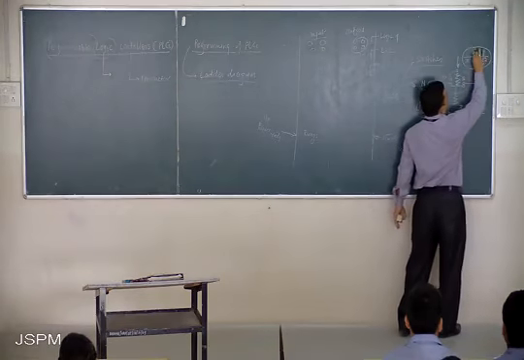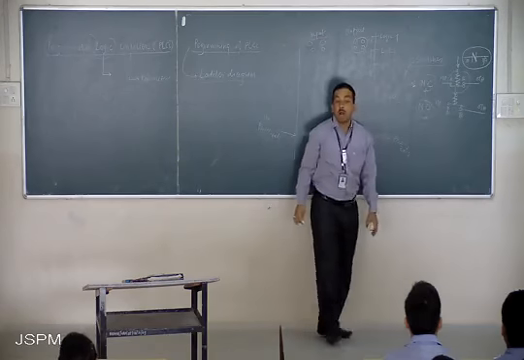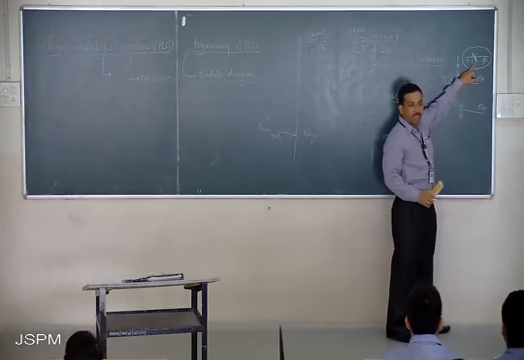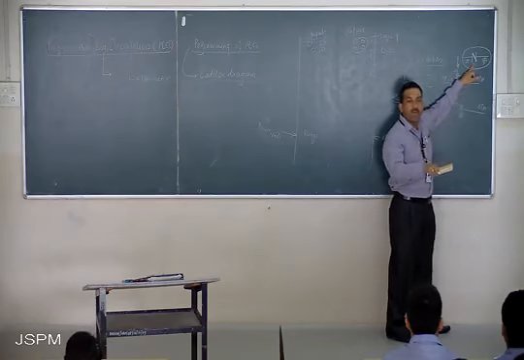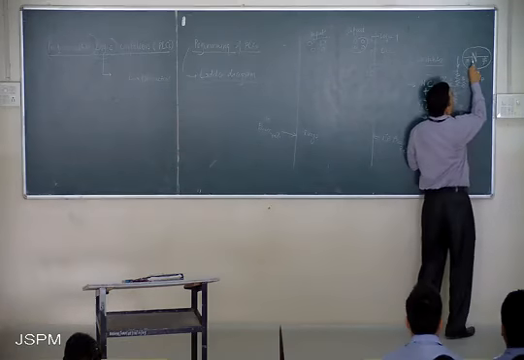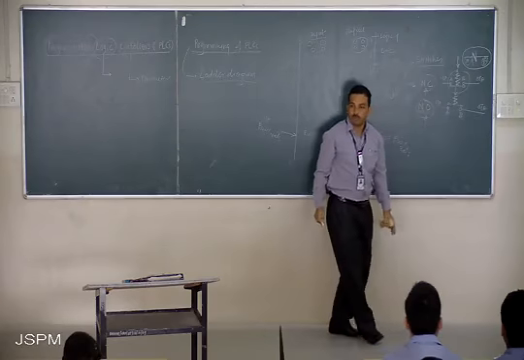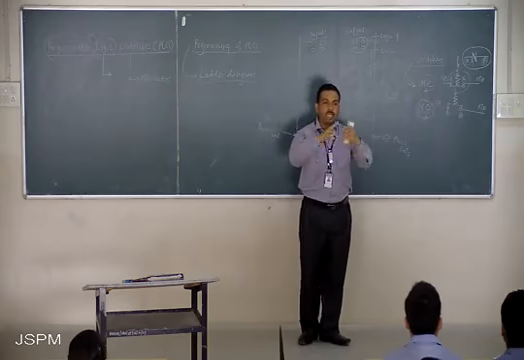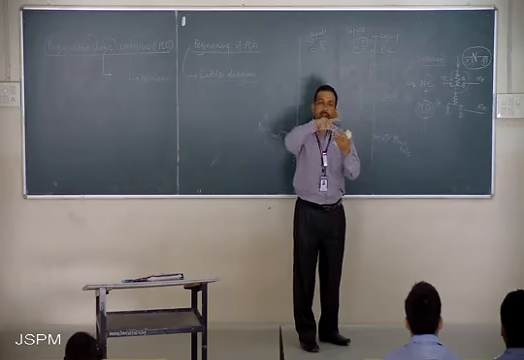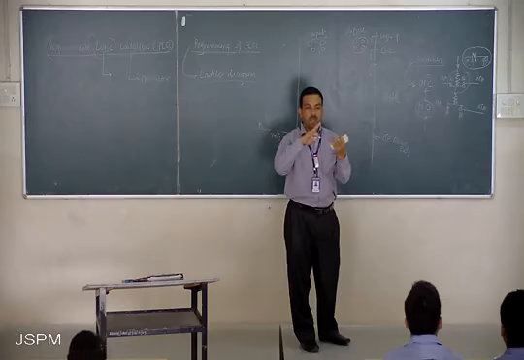You can see there is a connection, by default, happening between input and output. When the switch is activated, or when the input is given by the sensor, at that moment only this contact will break and no power is supplied from input to output. By default it is closed. Are you getting me? By default it is closed. But when the signal is given by that particular sensor or transducer, it becomes open and then the next process happens.